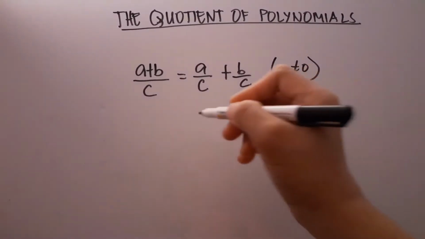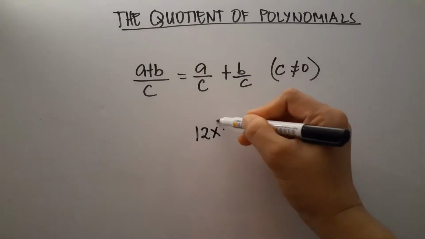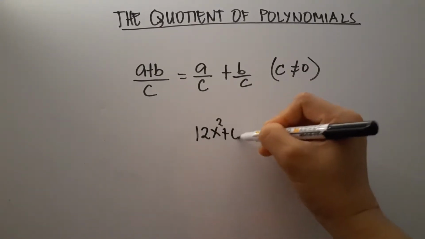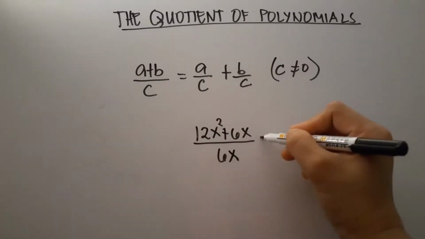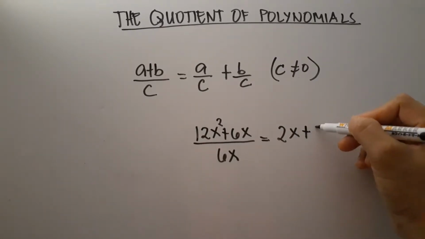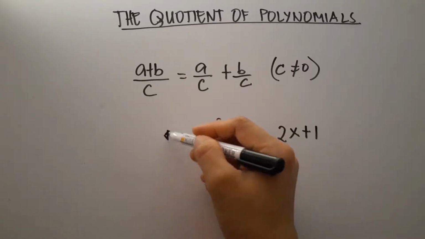The quotient of a polynomial and a monomial. To divide a polynomial by a monomial, divide each term of the polynomial by the monomial. For example, (a + b)/c equals a/c + b/c, where c is not equal to 0. The parts of a division problem are named in the diagram, which is 12x squared plus 6x,